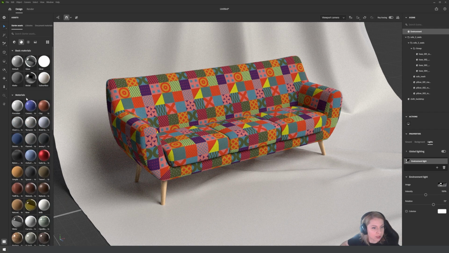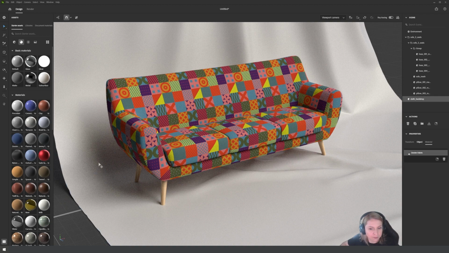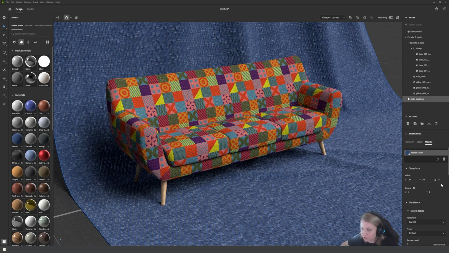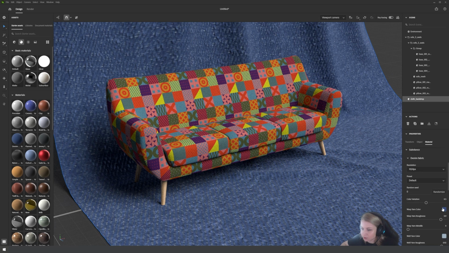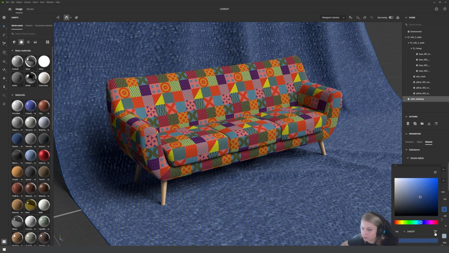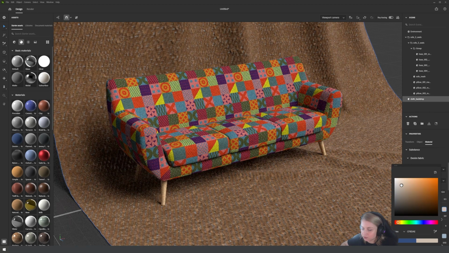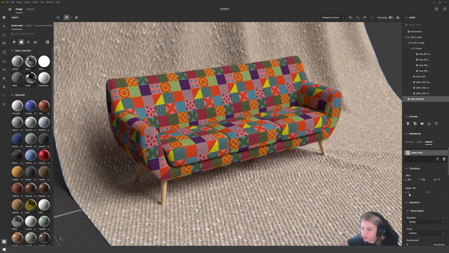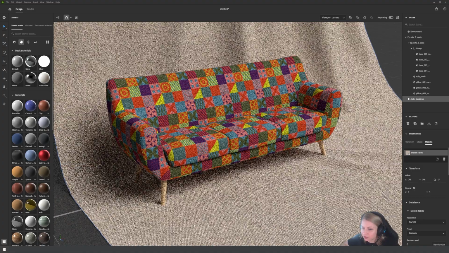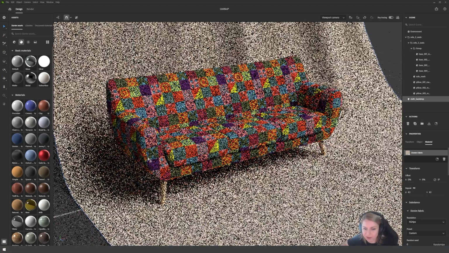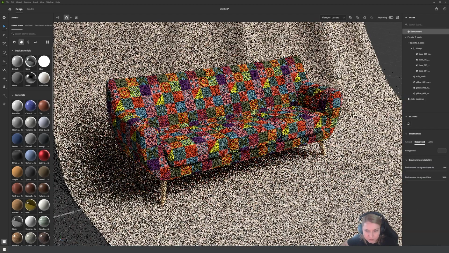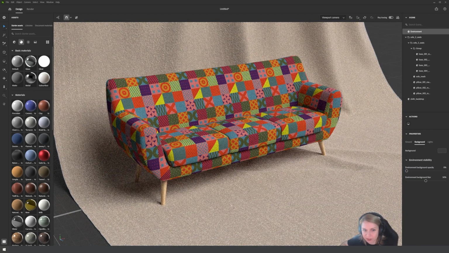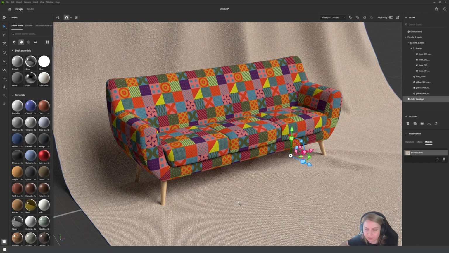Add something to it like just this denim. Change the color to something like this. Repetition. Nice, looks like a carpet kind of thing. And you can actually use whatever you feel like as a backdrop for your project.